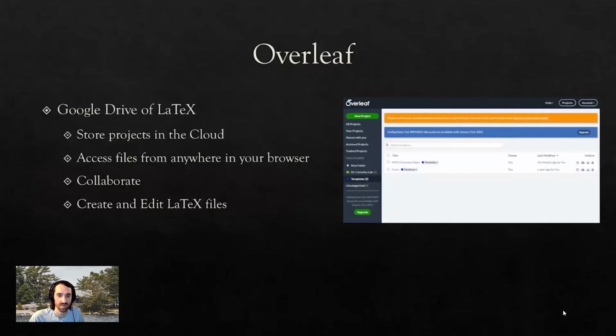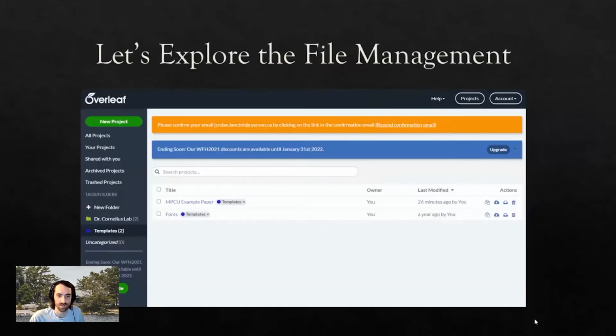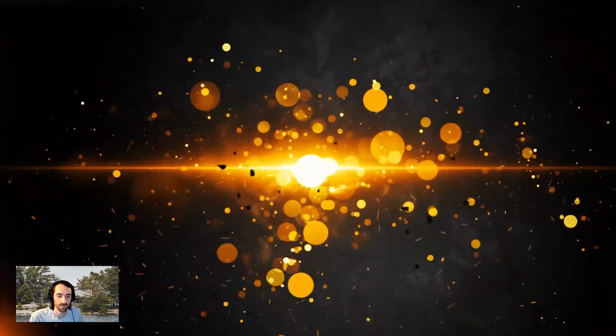As I said, Overleaf is essentially a Google Drive for this sort of stuff. You get to store stuff on the cloud, which is great, so you can get it anywhere. You can collaborate, and it actually has the editor built in. So you don't have to be switching between something that's a sharing functionality and something that is actually editing the document. So first things first, why don't we hop over to Overleaf,